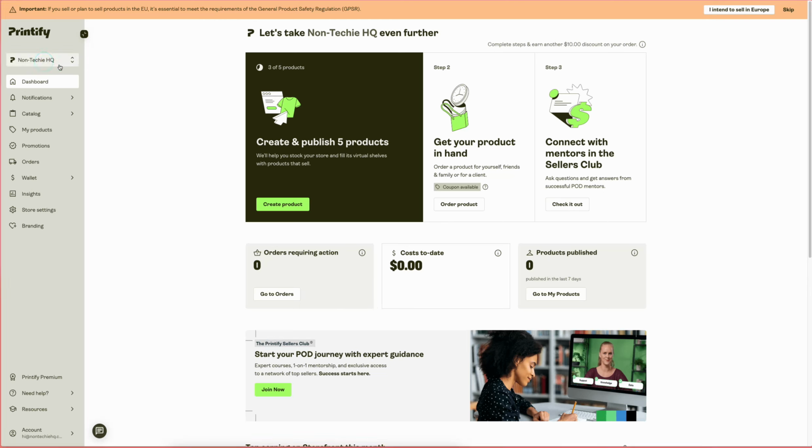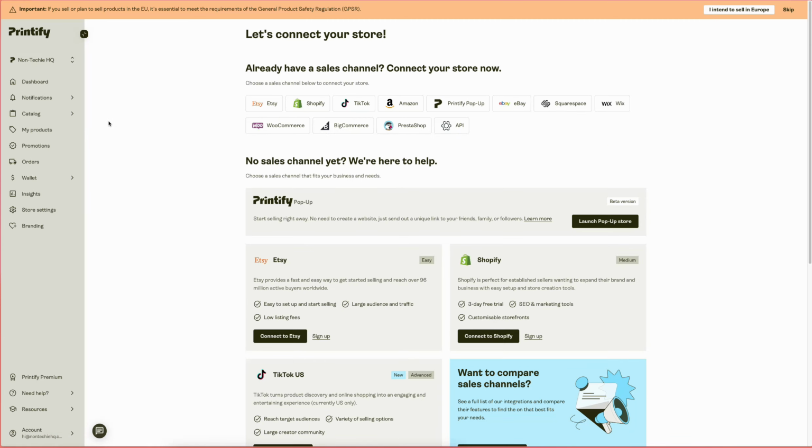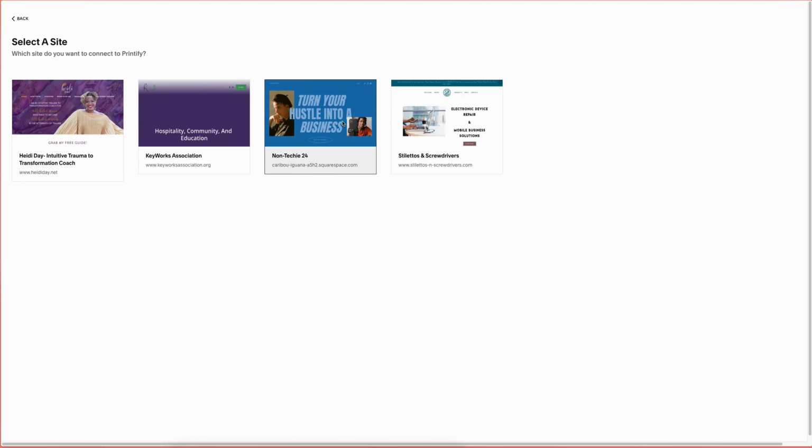Next, we will go up here and click the name of your business and we'll click Add a New Store. If you have a new account, you will be prompted to add a sales channel in the setup. If you want a walkthrough for how to do that, I will add the card to the how to get started with Printify video. Now here we will go to Squarespace for our sales channel and we will click the